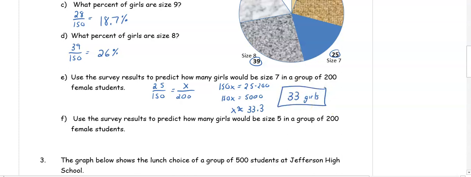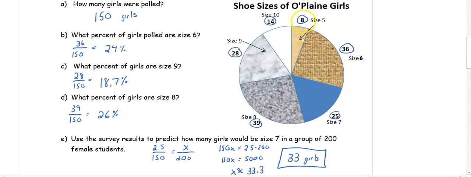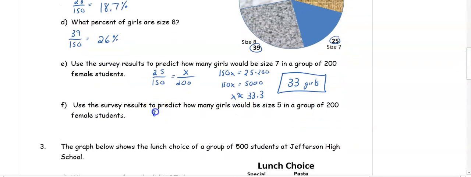In F, how many would have a shoe size of 5? So if we look at our graph up here, the shoe size of 5 is 8 girls right now. So 8 out of 150 is equal to x out of 200. So we cross multiply. 150x is equal to 8 times 200. So we get 150x equals